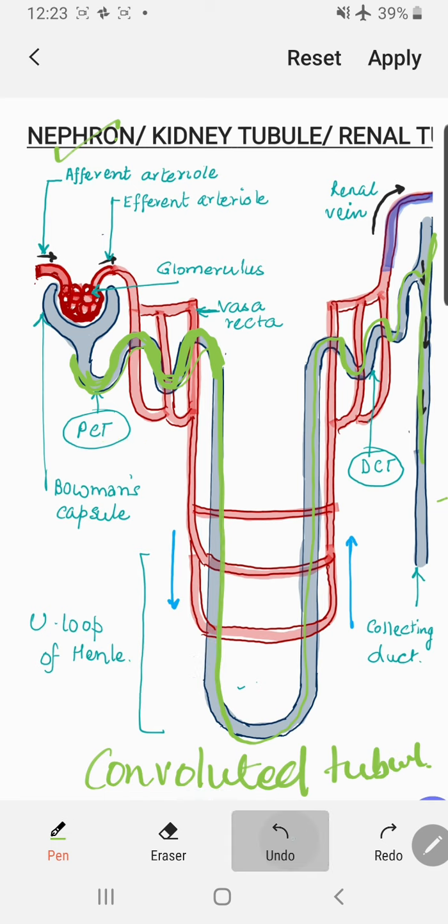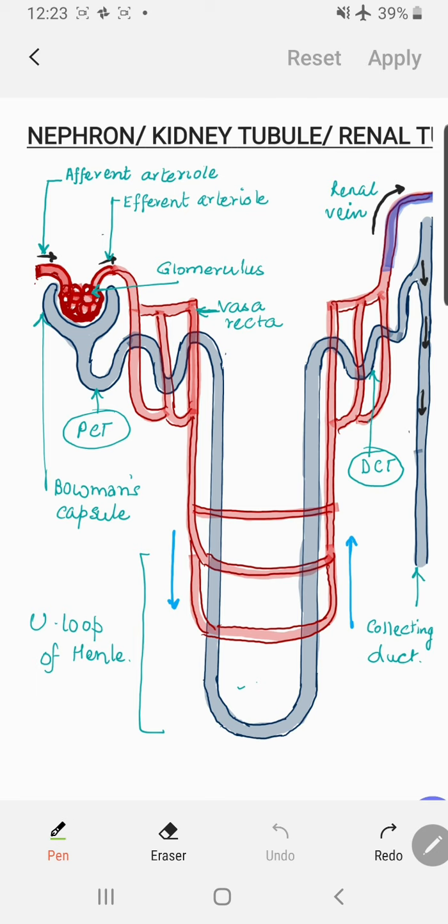Let me make this very clear again. It's a slightly messy diagram, so you have to be very, very careful. So you have to understand two things, that the tubule is associated with convolutions or coiling. The coiling nearer to the Bowman's capsule is PCT, and the one which is far from Bowman's capsule is DCT, right? Then you see that after the convolution, the tubule straight away goes down, takes a U-turn and comes back.